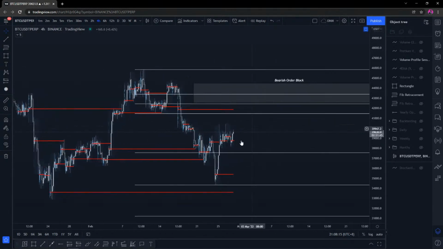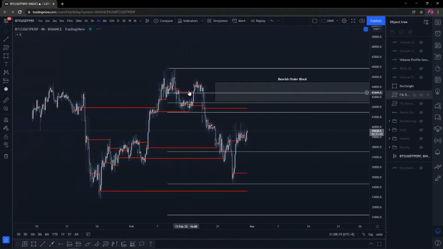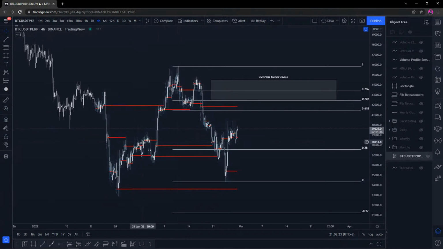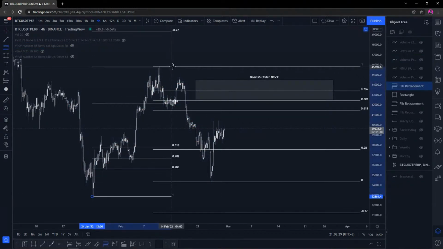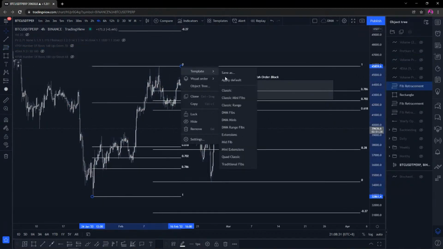We also have some targets up here in the form of naked points of control, and generally this area here is a big resistance zone. So now if we again pulled our fibs, and I'll just get rid of that VPSV, from low to high like that, but we change them to our general fibs,